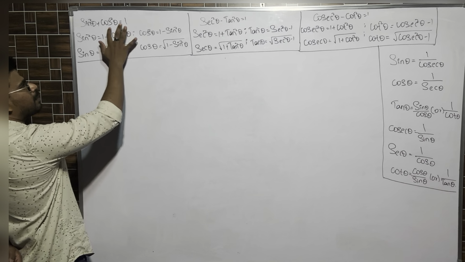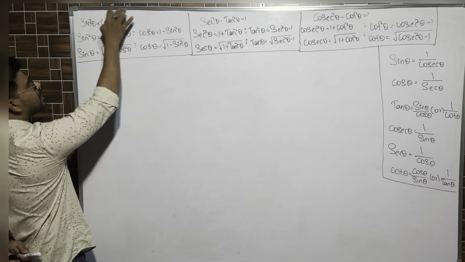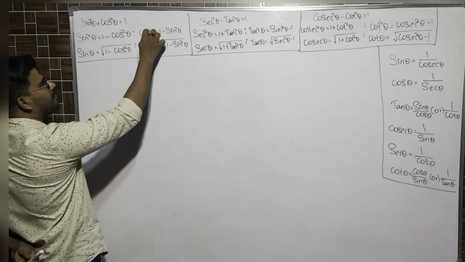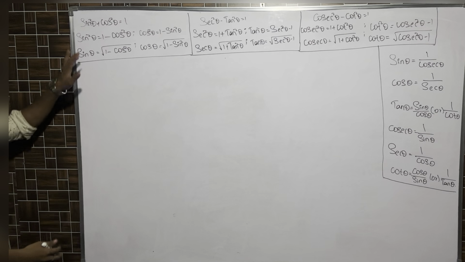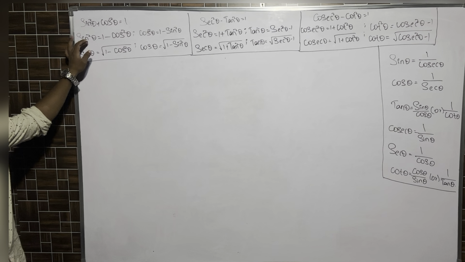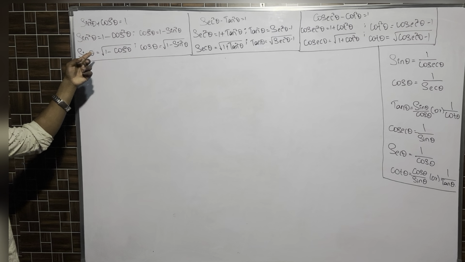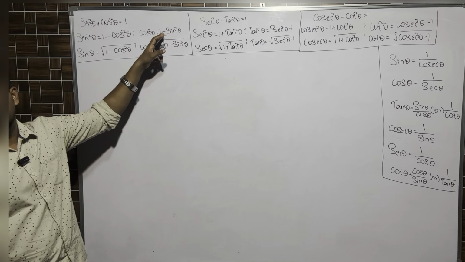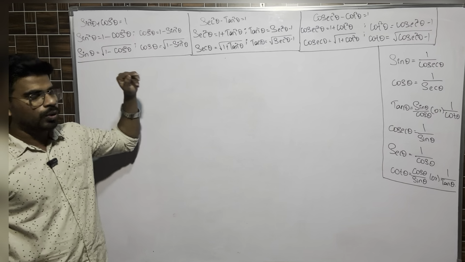In the next case, I am keeping cos here, sending sine over there. Cos square theta is here only, plus sine square is sent over there, it will become minus sine square: 1 minus sine square theta, and if I send the square over there, it will become under root. So basically, if sine square is asked, the answer will be without root. If sine is asked, the answer will be with root. Same goes for cos: cos square is asked, without root; cos is asked, with root. So that is how it is.